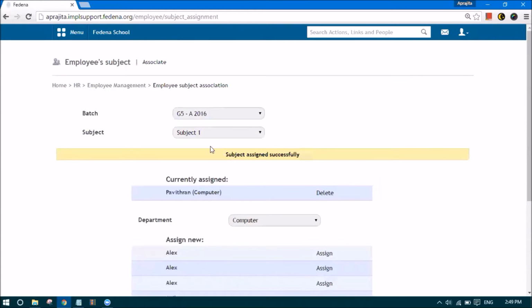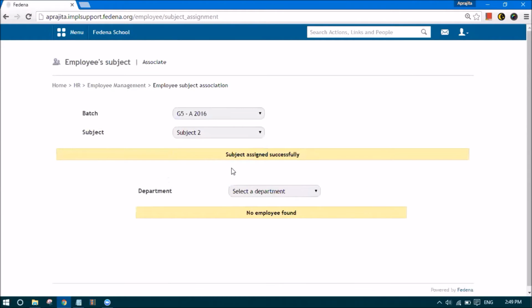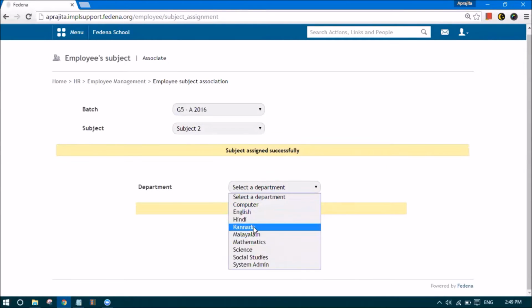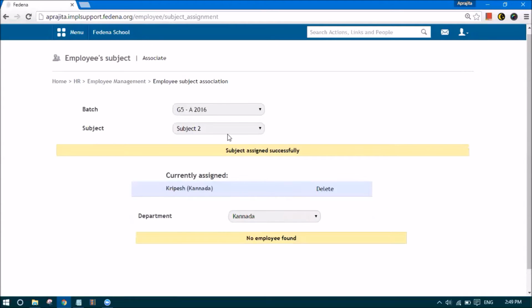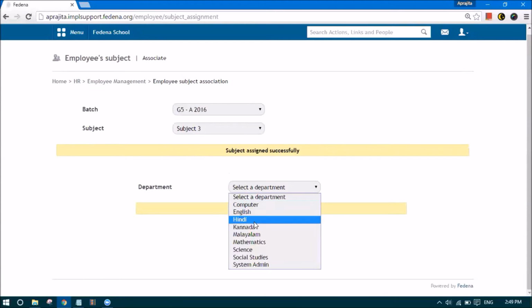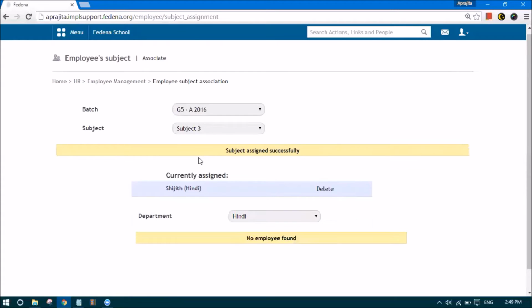So like this, I can assign multiple teachers for a single subject. I will be assigning here another teacher like this for subject 2 and another teacher for subject 3. So like this, employee subject association would allow you to select the subjects and assign the employees from a particular department to that subject as teachers.